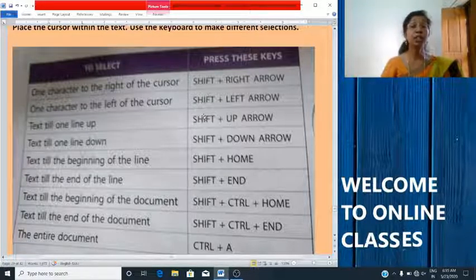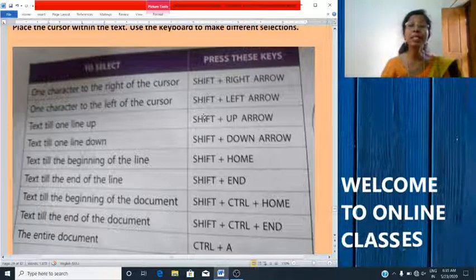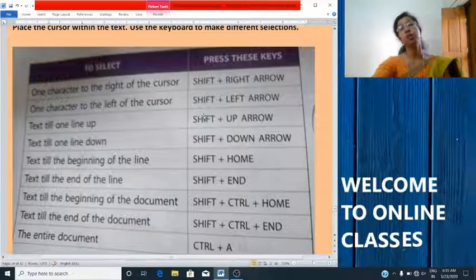Text till one line up, you will use Shift plus Up arrow key. Till one line down from where the cursor is, you will use Shift plus Down arrow key.